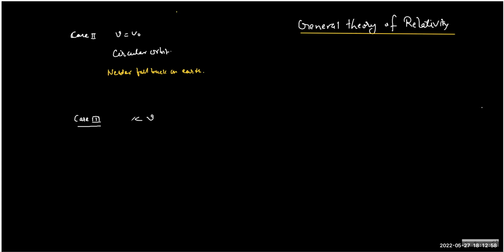If you throw with a speed which is more than orbital but less than escape, that's interesting. So in this case, I'll do the small Earth, because I know the velocity is very high. If you throw something like this at a very high speed, and I say v is more, then the next path will again be elliptical,